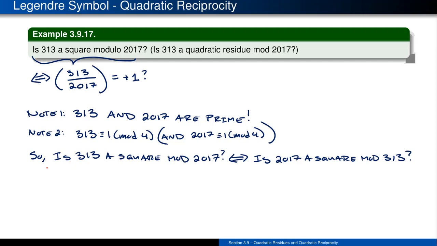All right, so in that last video I was chatting about how we can actually take this Legendre symbol and begin this process of running quadratic reciprocity on it to try to answer this question of whether or not something is a perfect square. So going back to an example that we already know the answer to: looking at 313 and asking whether or not this thing is a perfect square modulo 2017 boils down to looking at this (313 / 2017) Legendre symbol and asking whether or not that thing is going to return